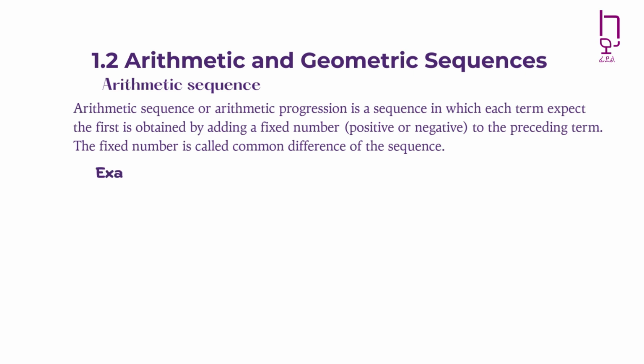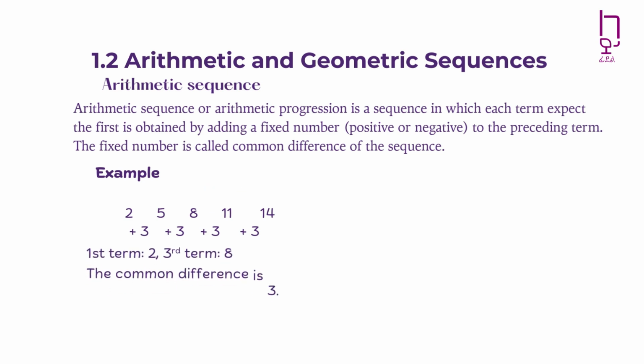So example is this. The sequence starts with 2, 5, 8, 11 and 14. If you look at it, the difference between 5 and 2 is 3, between 8 and 5 is 3. So common difference is 3. So automatically this sequence becomes an arithmetic sequence. Remember, an arithmetic sequence has a